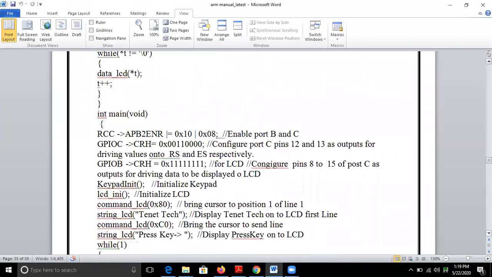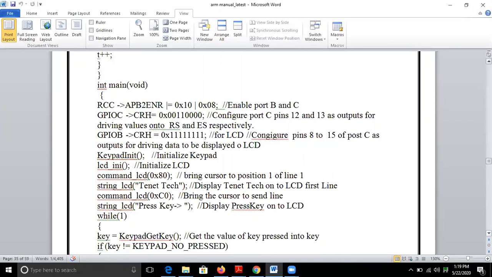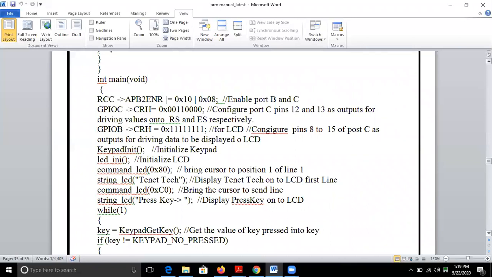Now coming to the main function, which actually enables the ports, configures the pins and all those things. The first line in the main program is RCC APB2ENR. We are enabling port B and port C, because port B and port C are used in this program. And configure port C pin numbers 12 and 13 as outputs, because they are connected to RS and EN (enable) respectively.